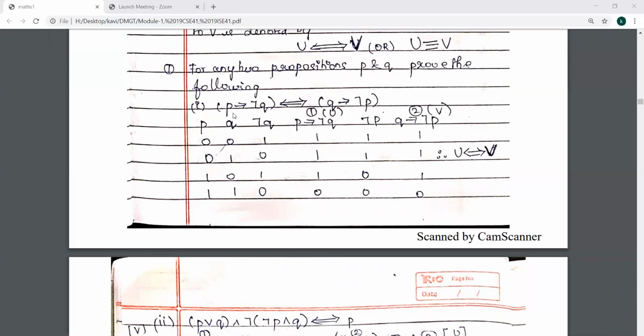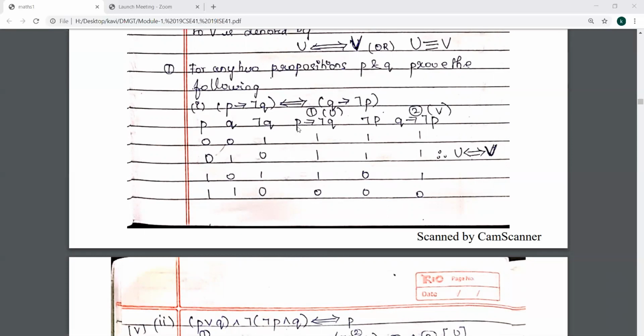Here only two propositions are there, P and Q. So form a truth table. P, Q, the possible assignments of P and Q are given here: 0, 0, 0, 1, 1, 0, 1, 1. Now what are the terms needed for the compound proposition? We are going to form a table. Negation Q. So Q, you know, right? What is negation Q? Whenever Q is 0, negation Q is 1. Whenever Q is 1, negation Q is 0. So I formed this column.